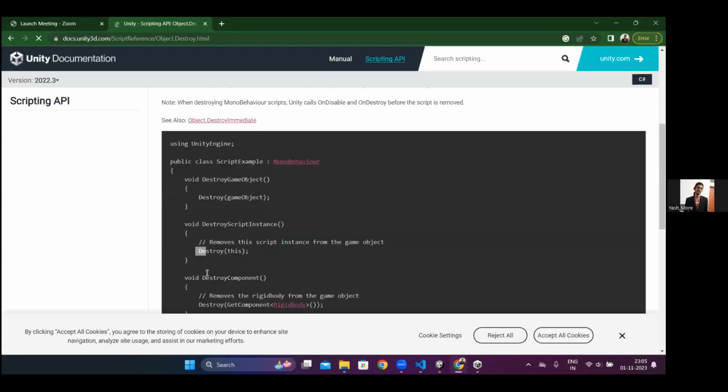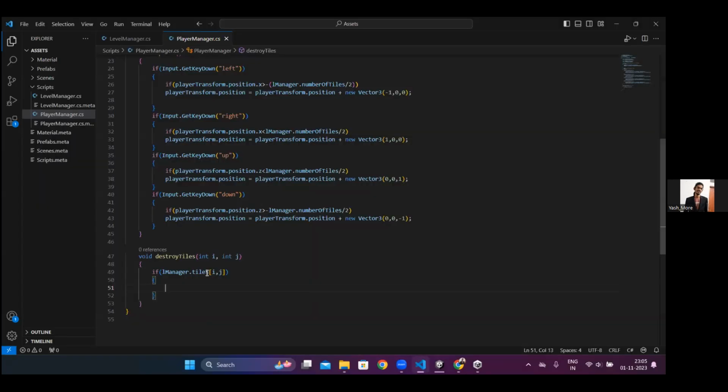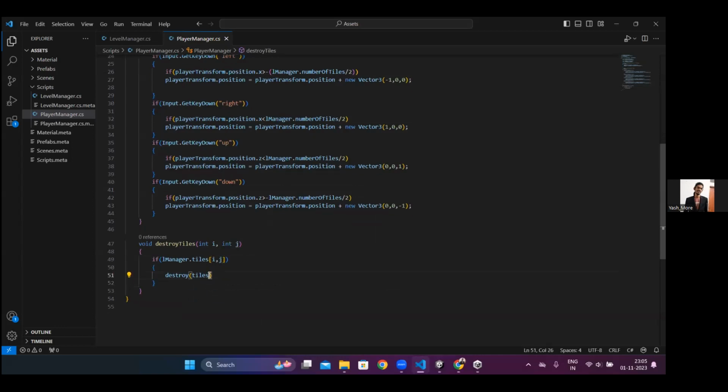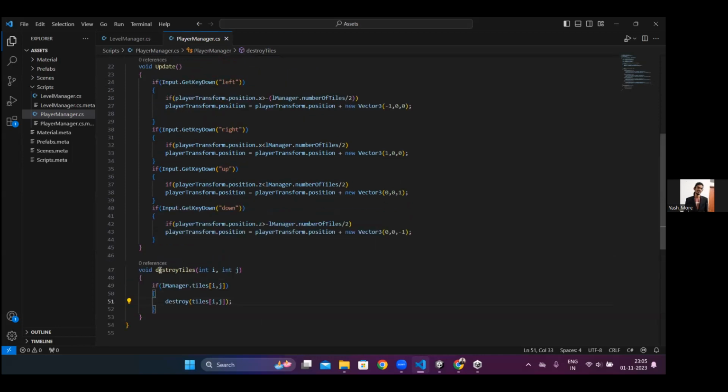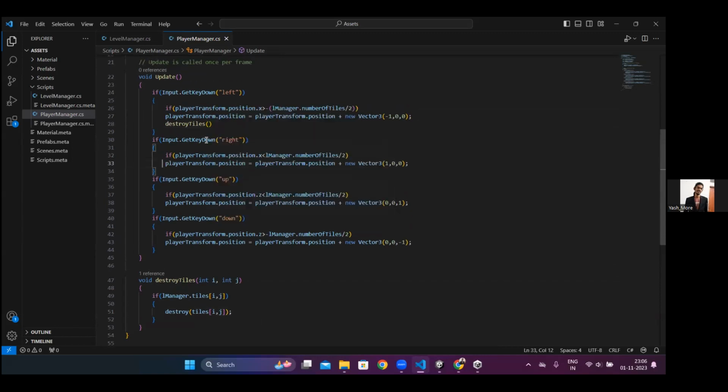So to do that, let's write destroy of tiles ij, and let's call this function everywhere. Call this function every time we move. So destroy tiles, and the x and y coordinate, the I and j coordinates will be basically